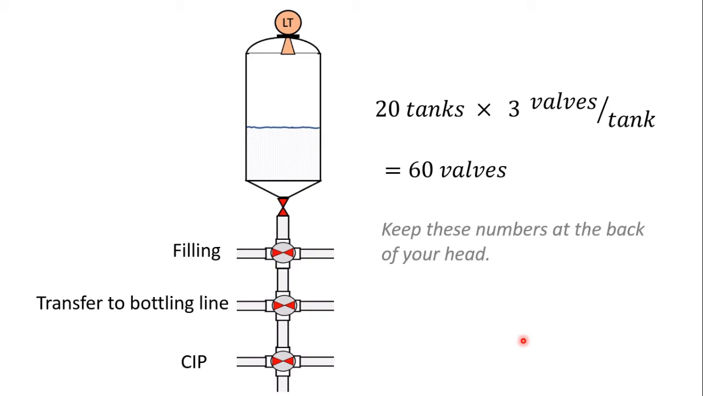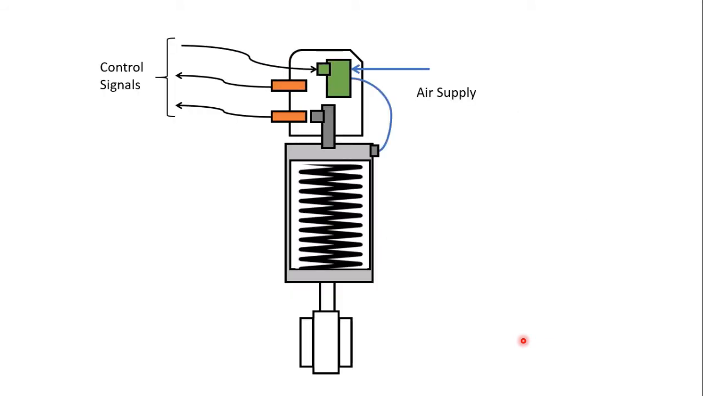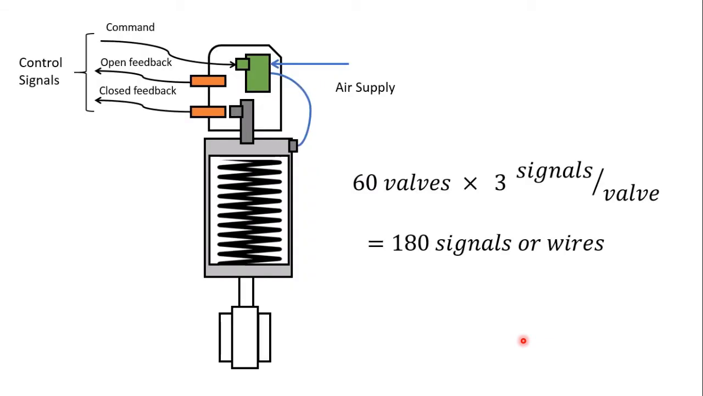Now let us have a look at what each valve has from a control perspective. This is the most common configuration of a butterfly valve. The valve will have a command signal. This is coming from the PLC and this will tell the valve to open or close. The valve will then have an open feedback that is sent to the PLC as well as a closed feedback that is sent to the PLC. So then in total, this means that we need 180 wires